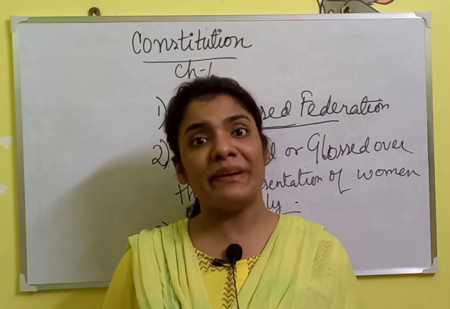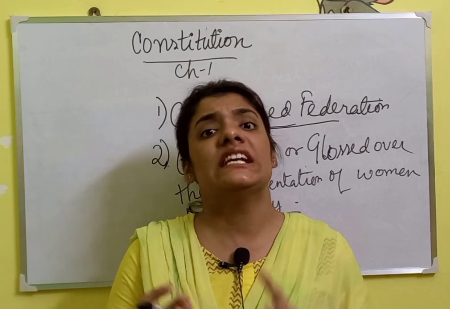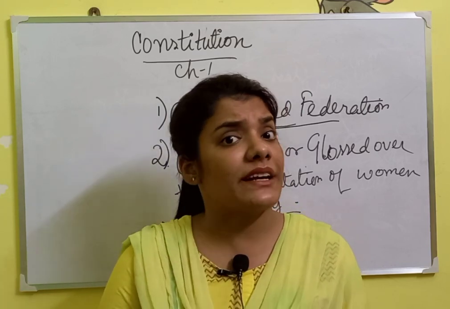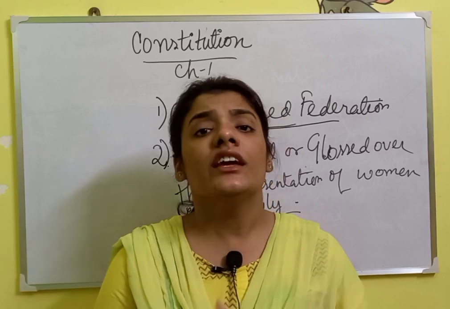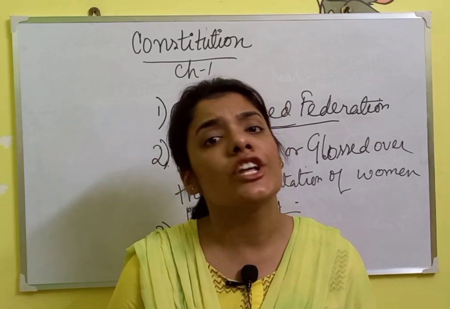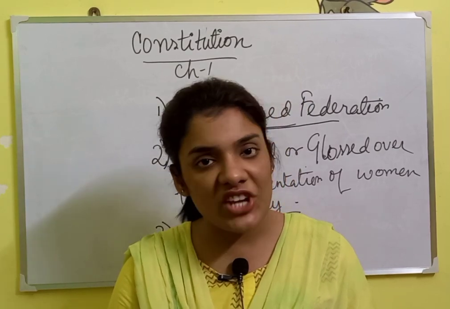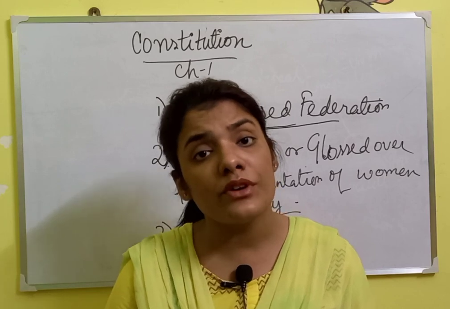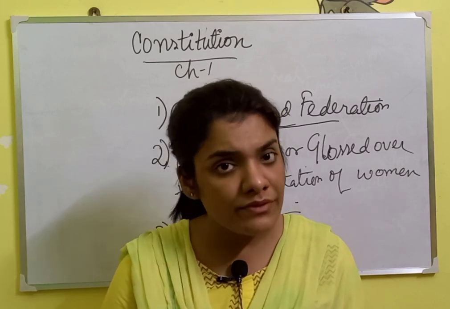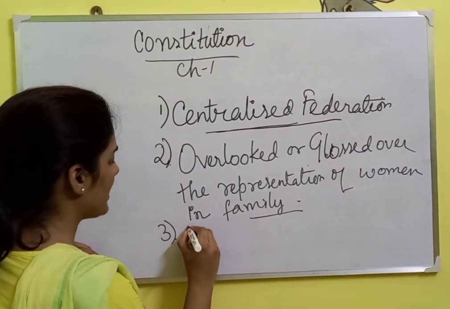Instead, they should have been highlighted in the fundamental rights, because directive principles are not enforceable, whereas fundamental rights are granted to us. If your directive principles are challenged, you cannot go to any court of law, but if you are deprived of your fundamental rights, you can seek the help of the judiciary. Okay, so the third limitation is